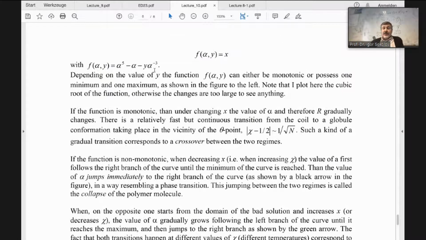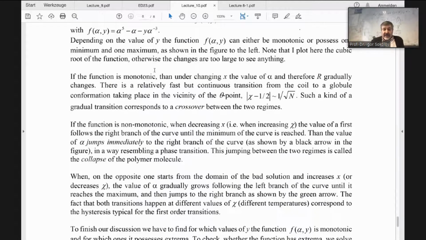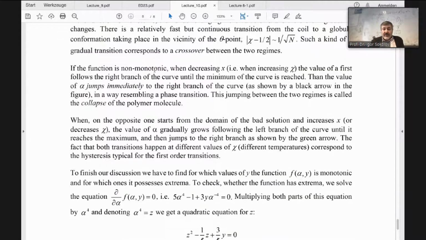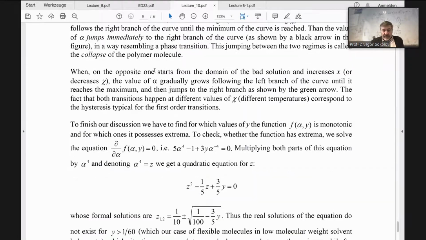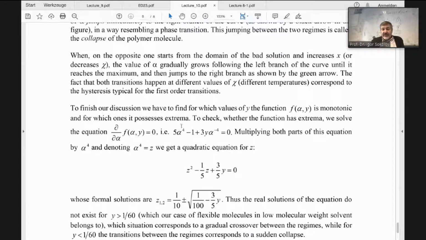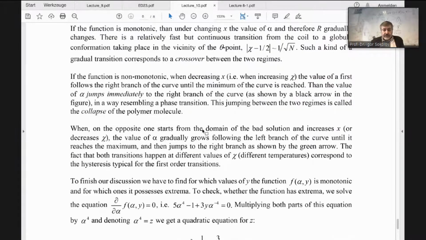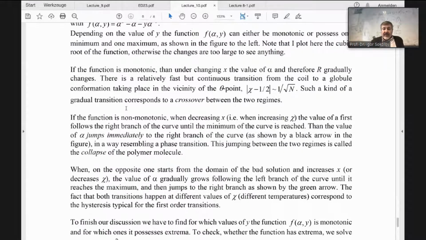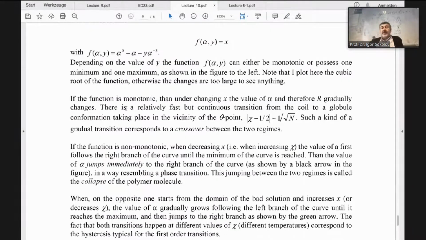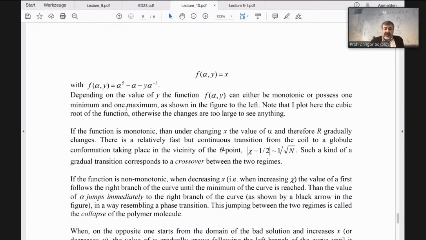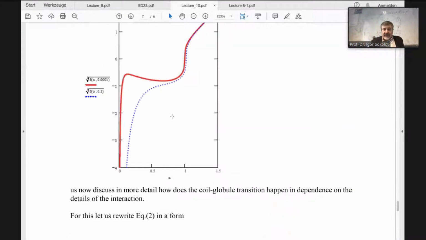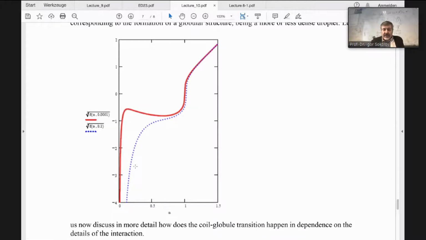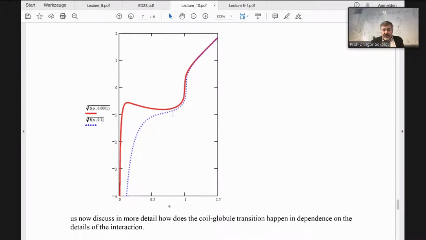There are monotonic f's, and there are f's with a minimum and a maximum. Now, this is my function f. And to say whether the function is monotonic, like this blue one, or has a maximum and a minimum like the red one,